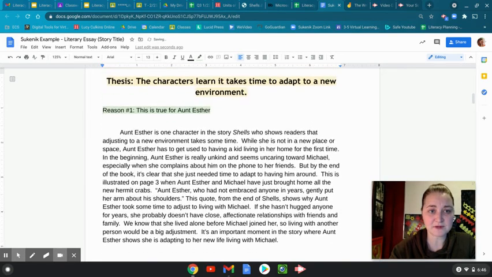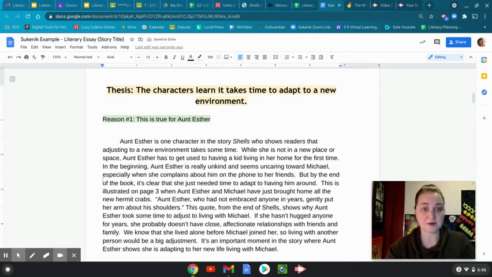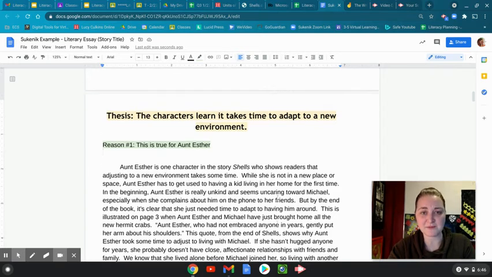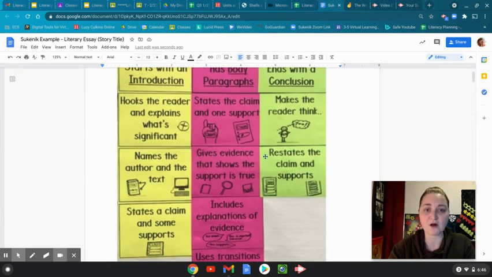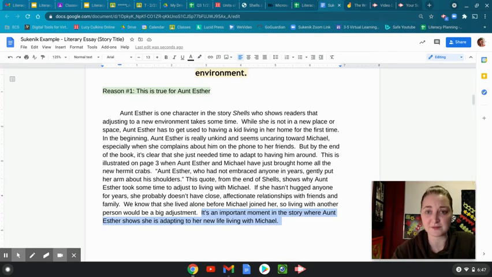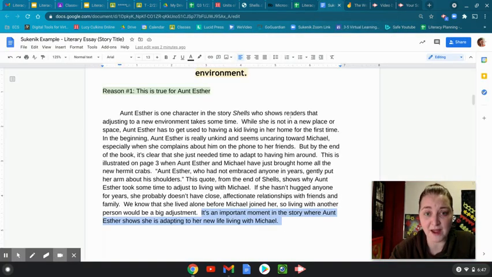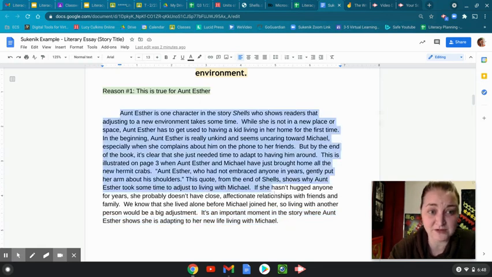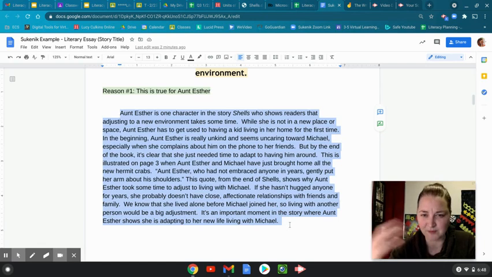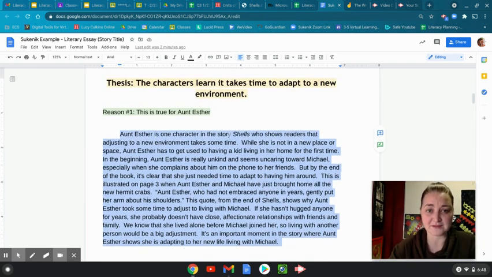I'm going to leave my reasons just for my own organization, but eventually we're going to delete those. So now that I have what I think is my completed body paragraph, I'm going to go back again and check over that I have all of these parts. So 5th grade, just to summarize, today in literacy class, you're going to think about where you are at in this writing process. As you could see, I was reorganizing and changing the order of my sentences as I was drafting and writing. So I might want to go back, even though I feel like I'm done, and reread this a couple more times and make sure I'm not being repetitive and that I'm including all of my thoughts for